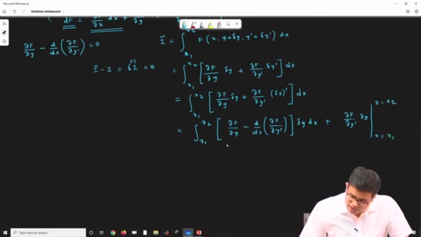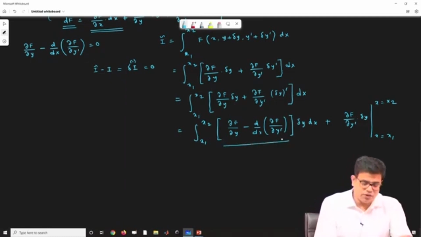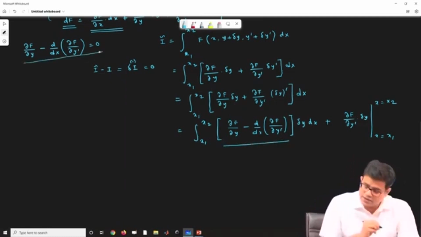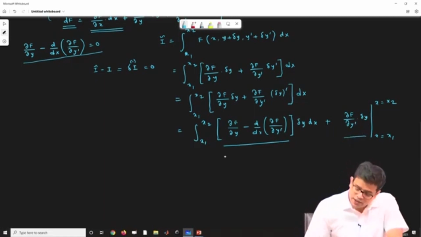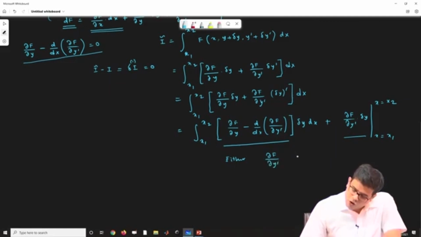So now this is the same as the Euler-Lagrange equation that we obtained in the previous class, and this is the boundary condition. So what are the boundary conditions here? Either of these boundary conditions has to be specified. So either ∂f/∂y prime or delta y